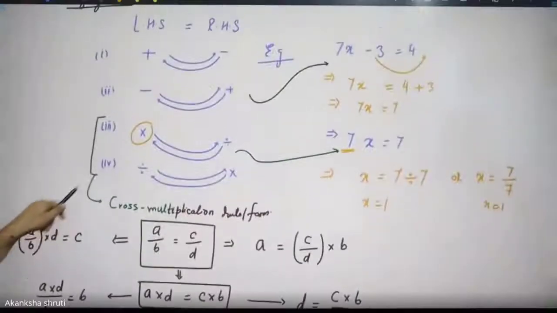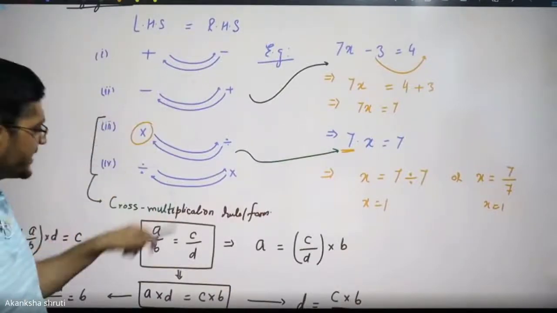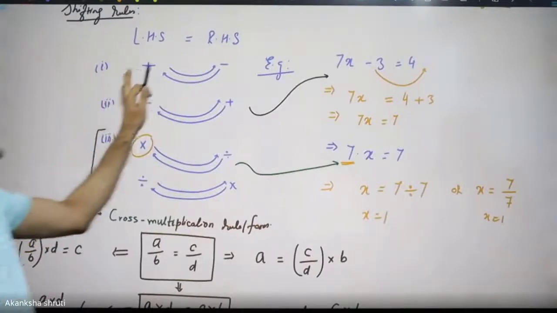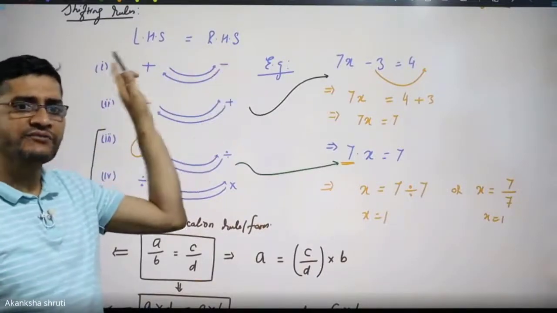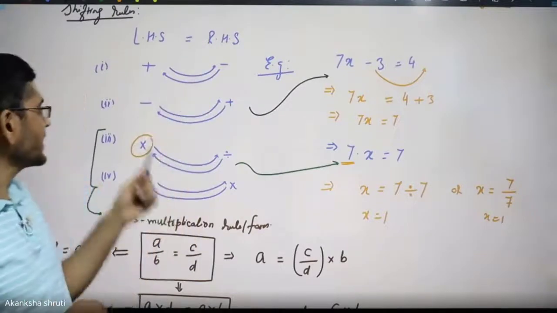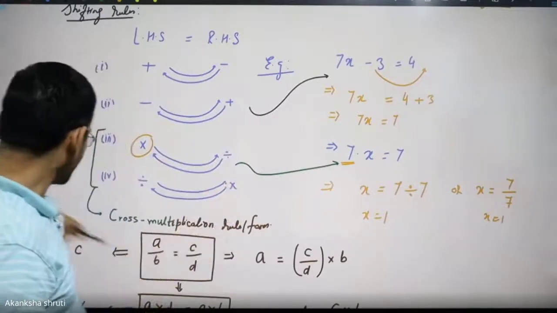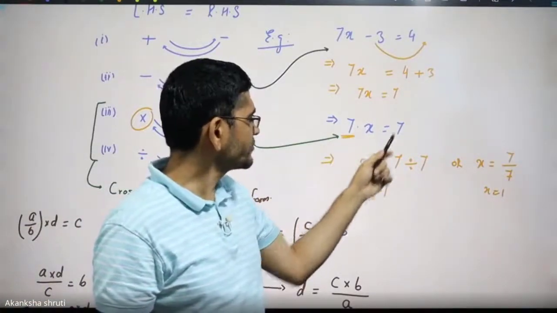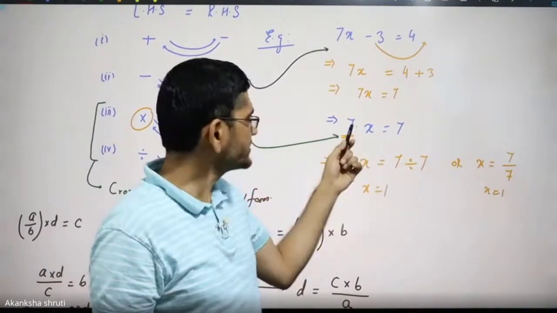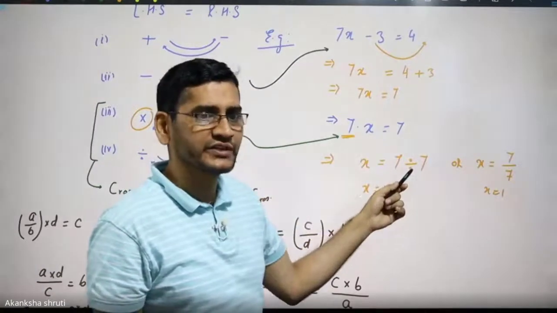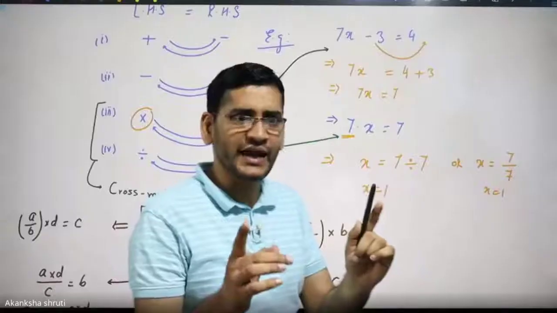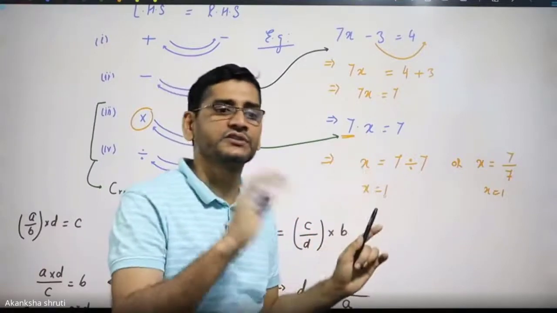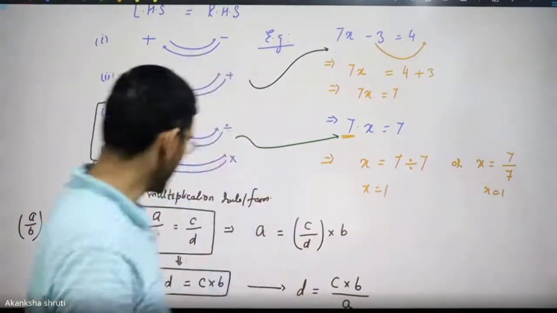Cross multiplication rule is one of the corollaries of just changing the side, nothing else, but the basic rules are only these four. So one is changing the side, the sign will get changed. But if it is multiplication or division, then the sign is not changing, student. Here you might be getting 7x equals 7. The sign has not changed. Rather, this multiplication has got converted into division. So sign change occurs for addition and subtraction, but multiplication changes into division and division changes into multiplication. It's that much easy. I hope all of you are getting it.